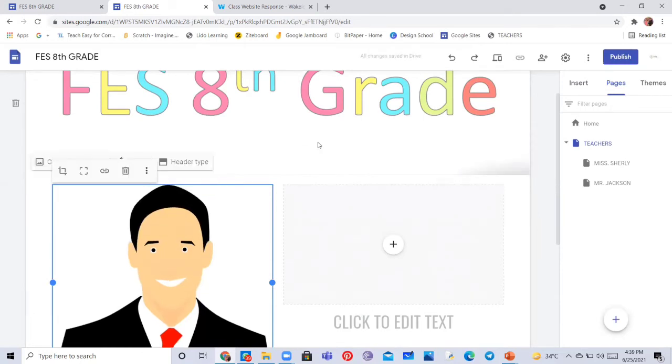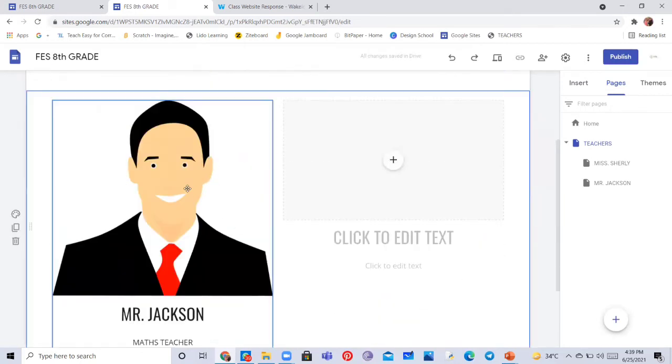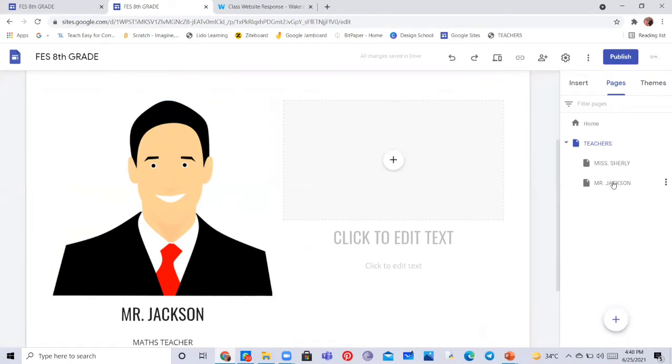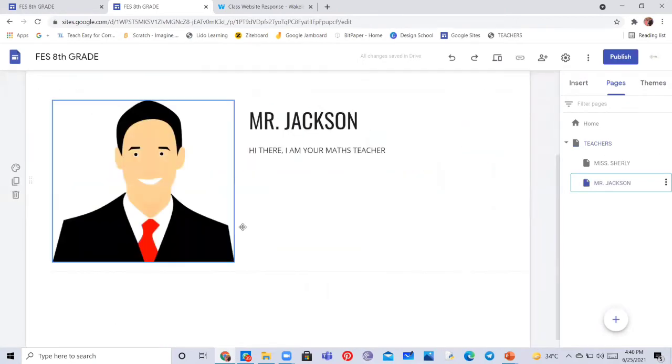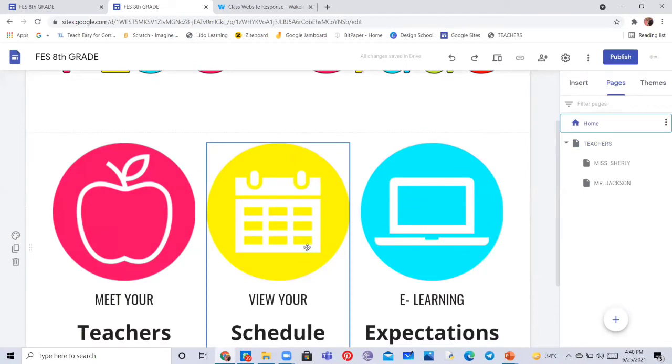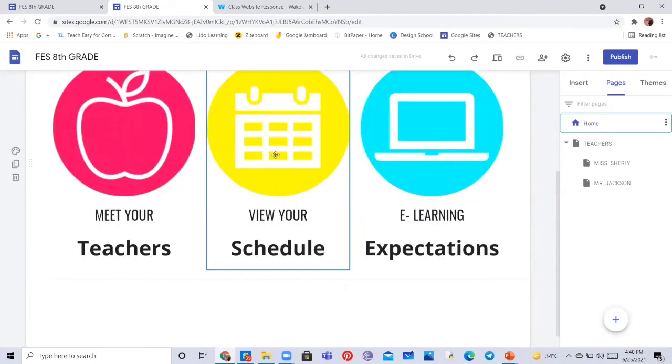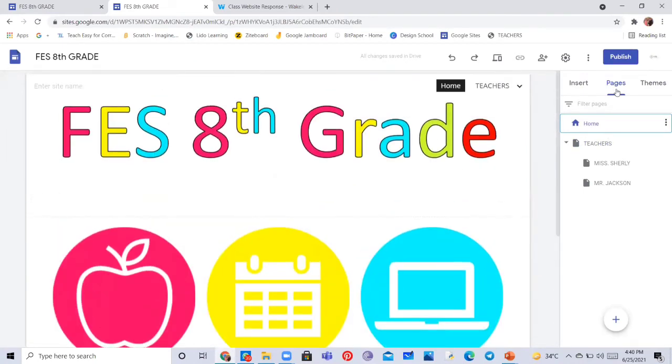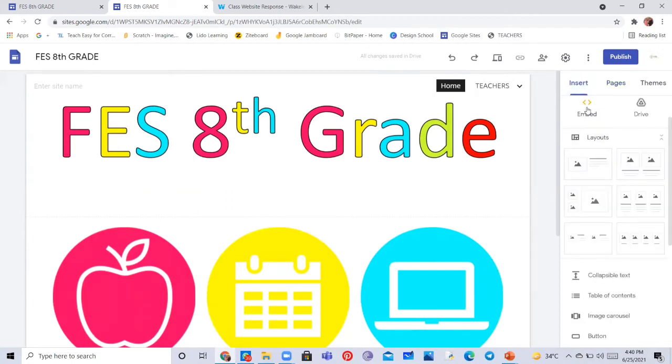Mr. Jackson, and apply. So when you go to preview, if you go on to teachers, then if you want to open Mr. Jackson's subpage, they can click on Mr. Jackson's image and get onto his page. So this is how we will complete the pages of the teachers and how to link. Now we got 3 topics: how to insert, how to lay out, and how to design, plus how to link it with the page.